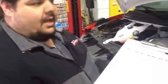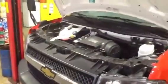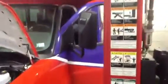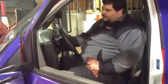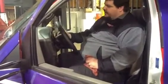For the next thing, we will check the transmission fluid. For this, you will need to start the vehicle. You already ensured that all the other fluids are full and at the correct level, so now we will start the engine and show you how to check transmission fluid. You need to get in, set the parking brake of the vehicle, start the vehicle up, place the vehicle in neutral,